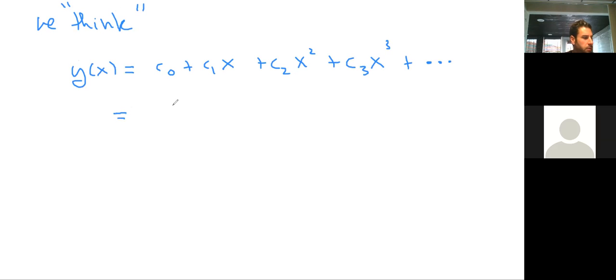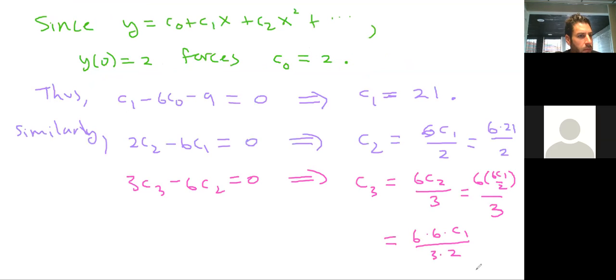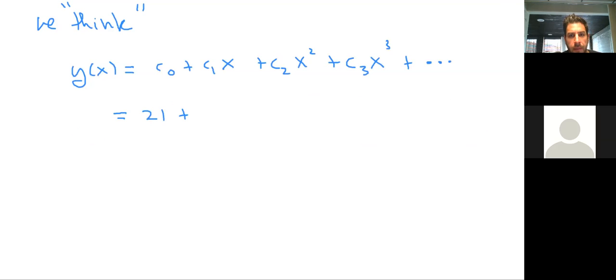We know that c sub 0, at least we think, is 2. I'm sorry, I messed up. So we think this is 2 plus 21x